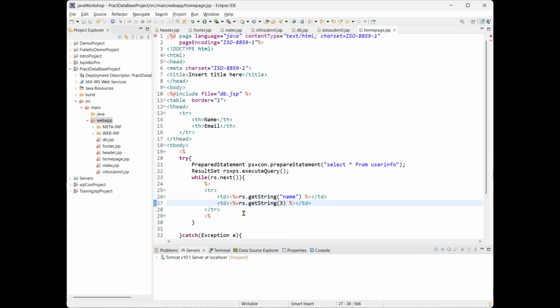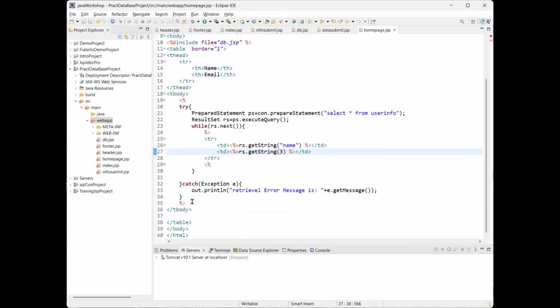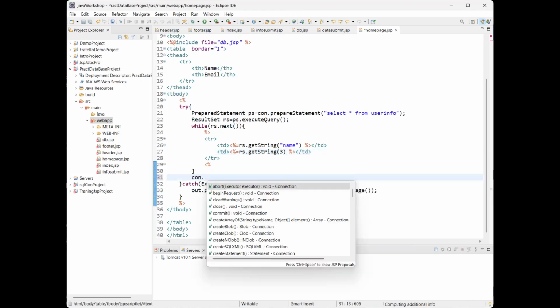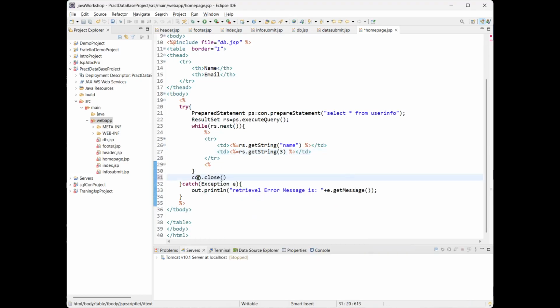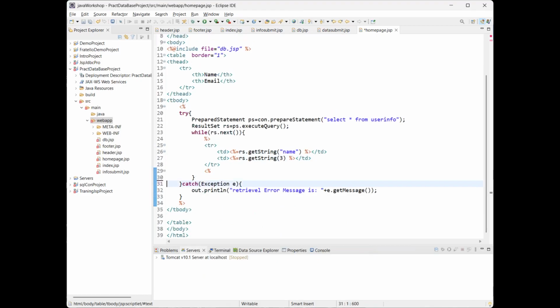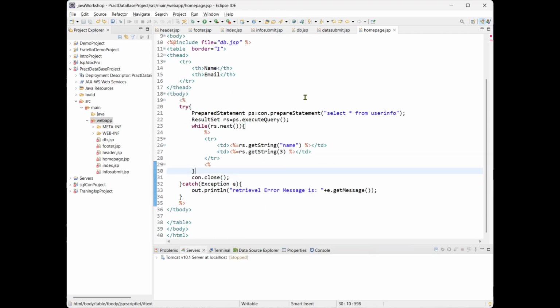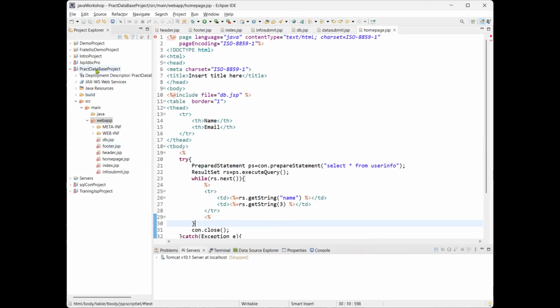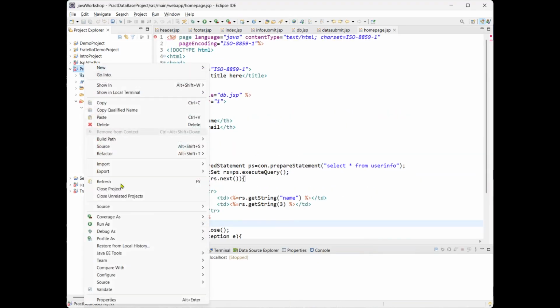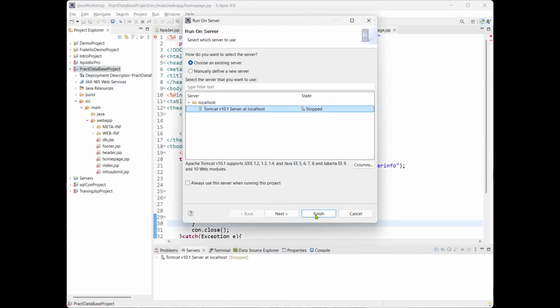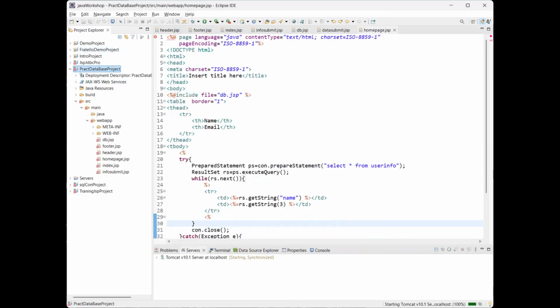After everything, you can simply close the connection with con dot close. So it is simple. Now let me run this and show you. Okay, run as,